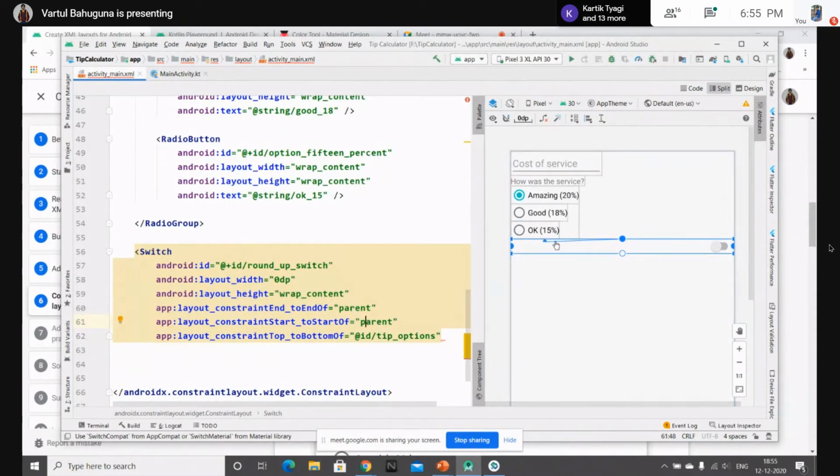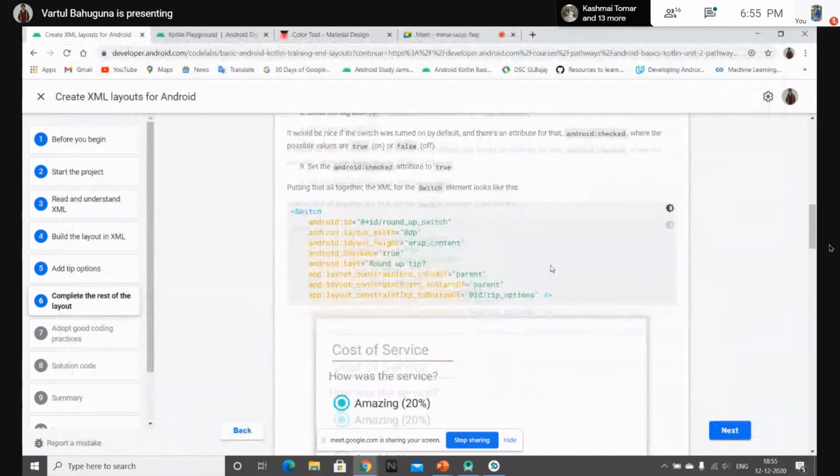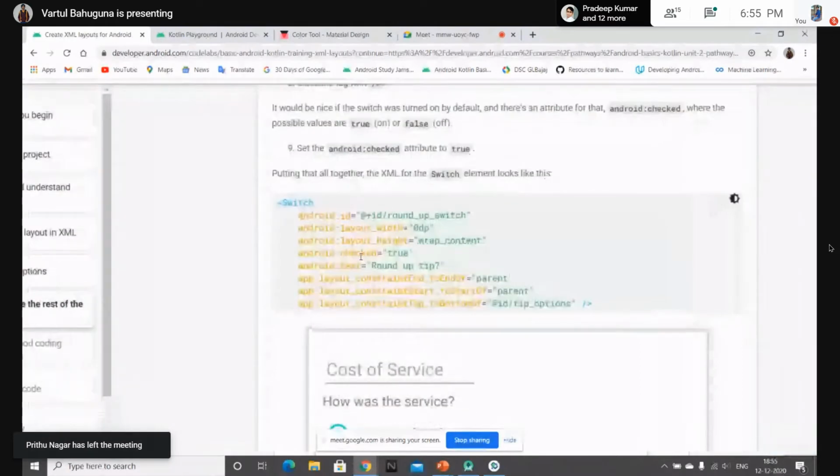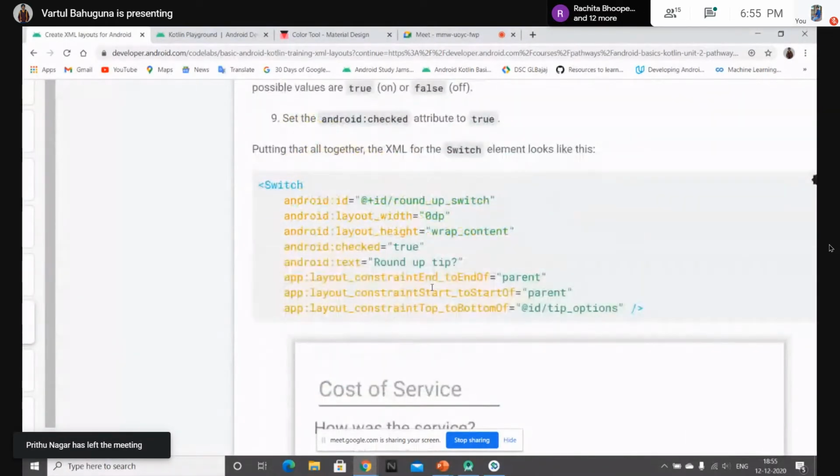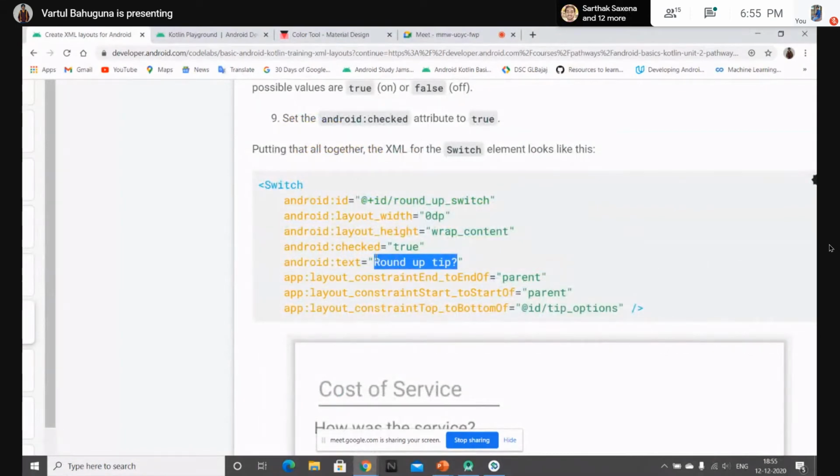Now it's at the bottom of our radio buttons, and then by default we can add another attribute, checked. Like by default, this button will be checked, and this text also we need to add over there.